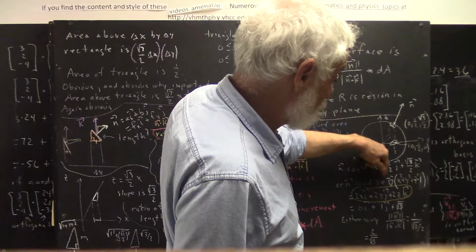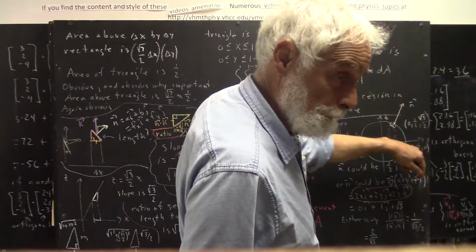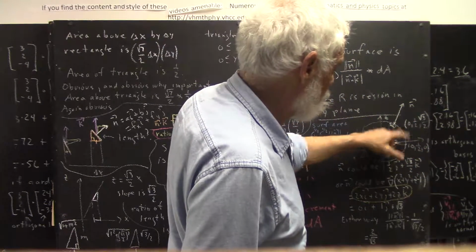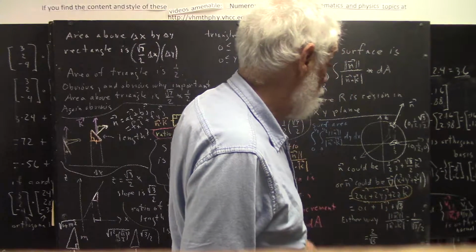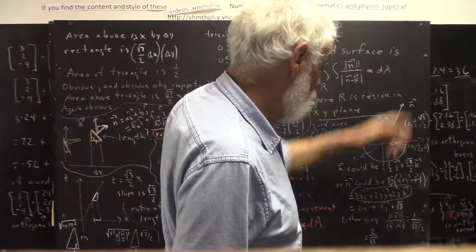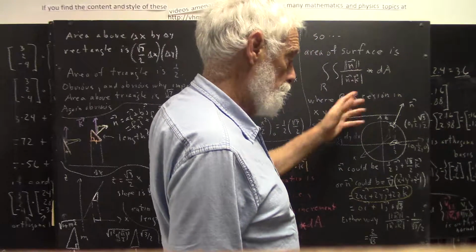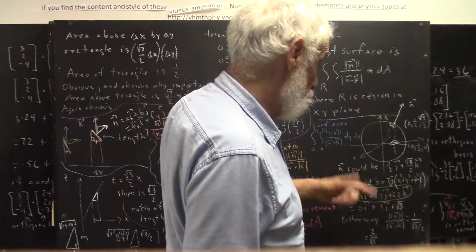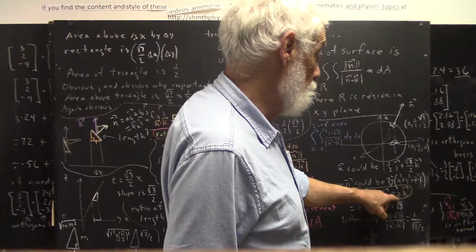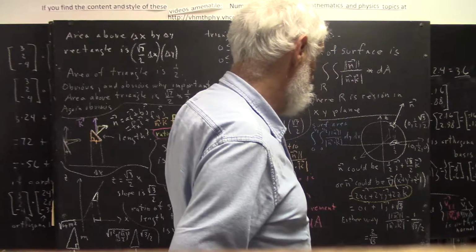The normal vector is then the gradient of that function. If the sphere is a level surface for this function, then the gradient is going to be normal to the surface, and the gradient is very easily found to be 2x i plus 2y j plus 2z k, which comes out for this point